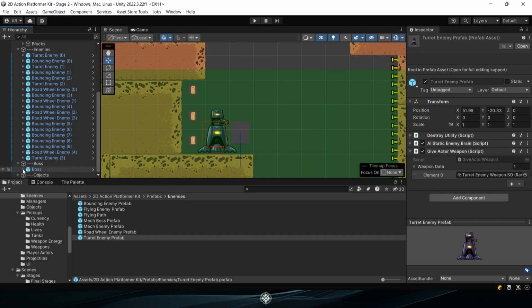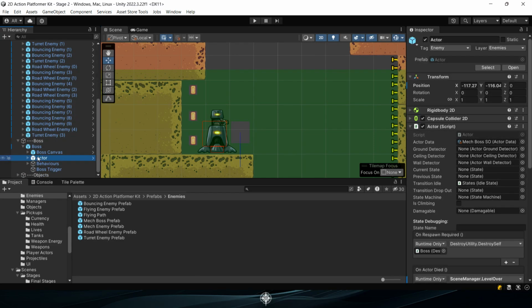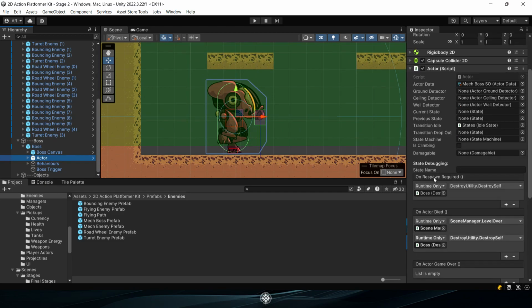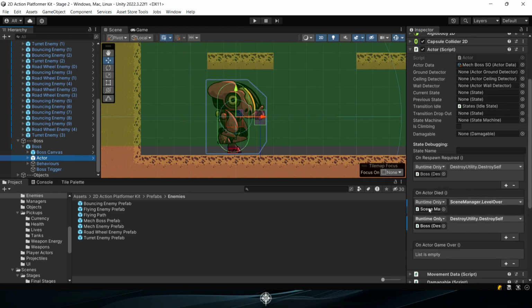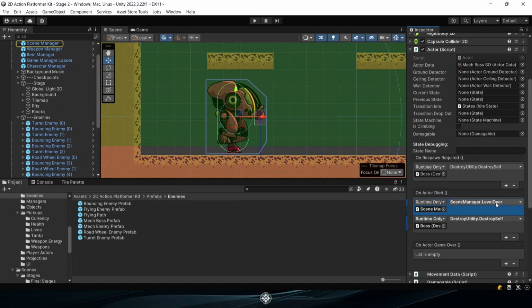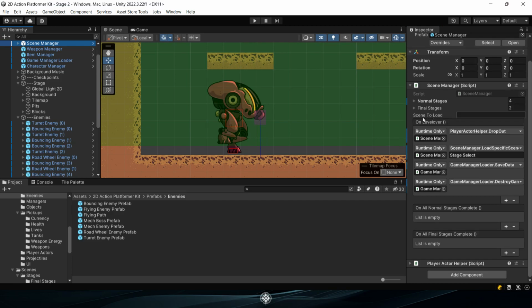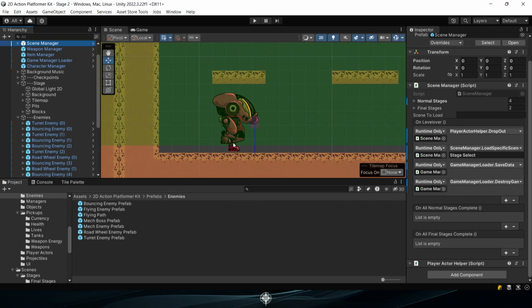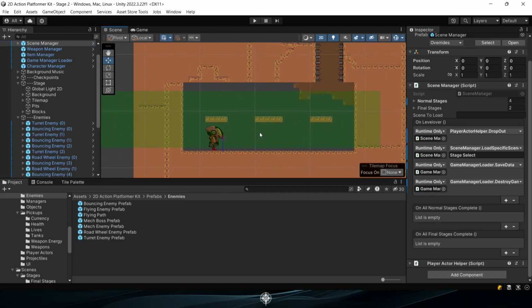the boss's defeat. To achieve this, delve into the boss's actor object and look for the On Actor Died event. Here, you'll link the Scene Manager and select the Level Over function. Executing this setup triggers all the events you've prepared within the Scene Manager under On Level Over, marking the completion of the stage upon defeating the boss. This functionality not only adds depth to your stage design, but also creates a sense of progression and achievement for players. It encapsulates the challenge of the stage within the final boss battle, rewarding players with the satisfaction of overcoming